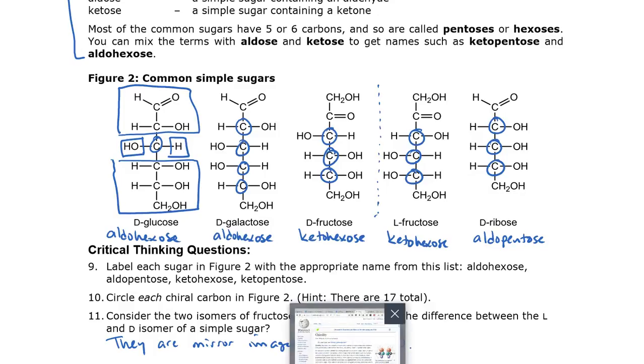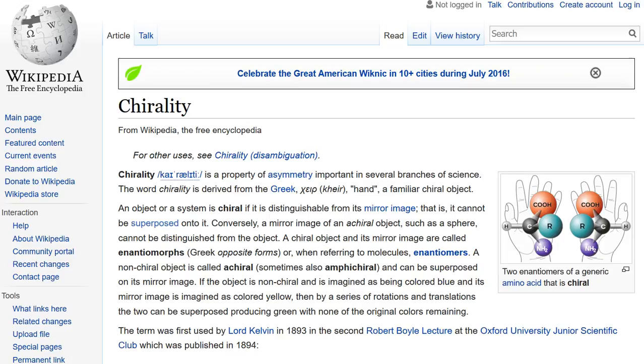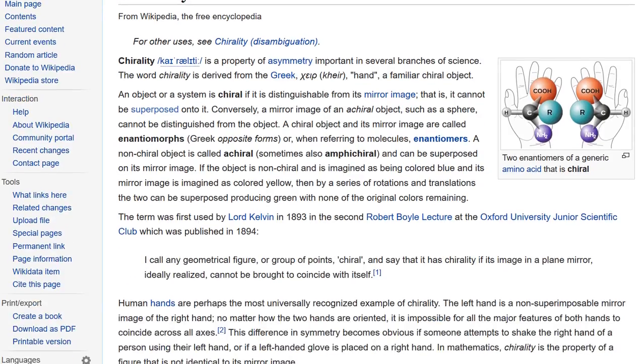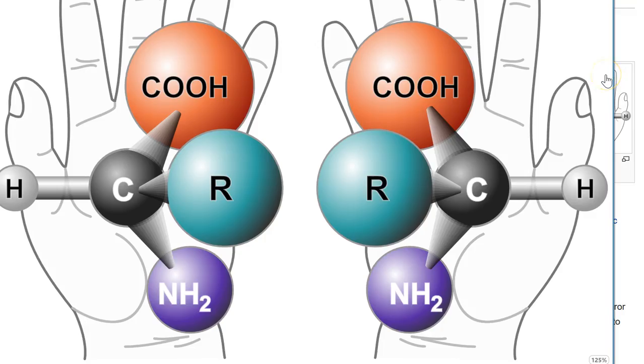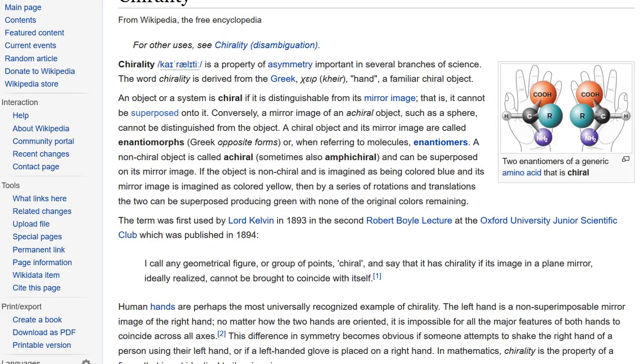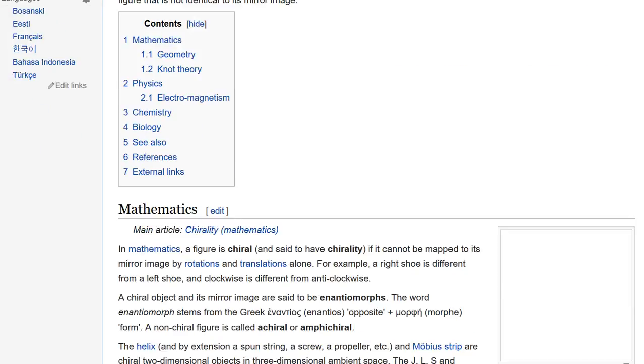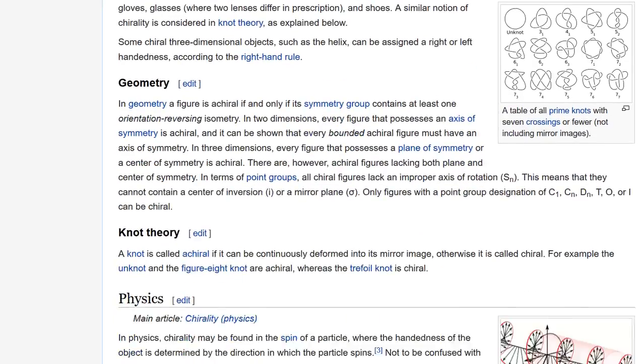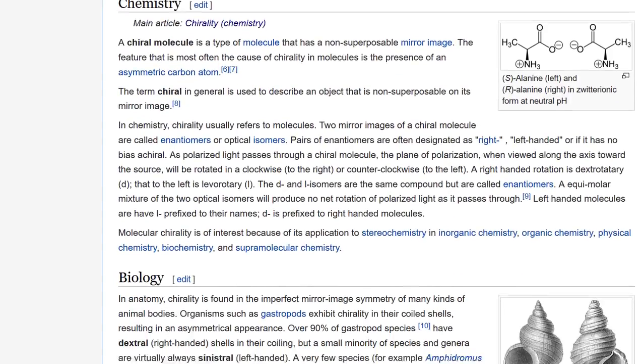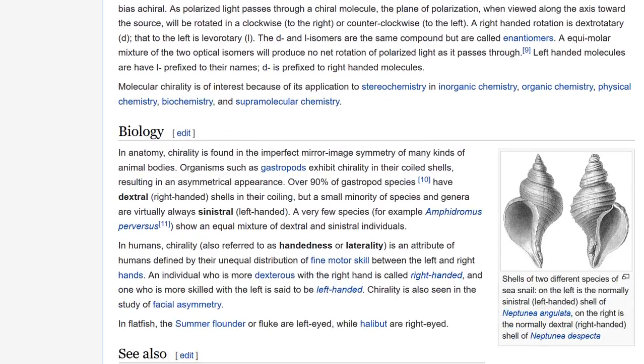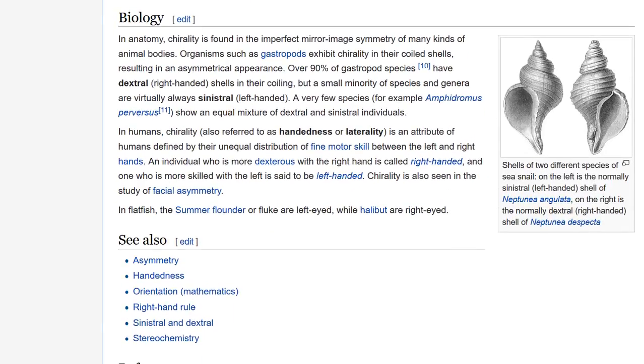This chirality thing, handedness thing, you can look this up on Wikipedia, and it talks about examples of chirality, like this example for chemistry, where it shows a carbon with 4 unique groups as being a handed kind of thing. But that doesn't just show up in chemistry. It shows up in real life too, as if chemistry is not real life, right? Of course, we're all based on chemistry, which is based on physics, and biology is based on chemistry.